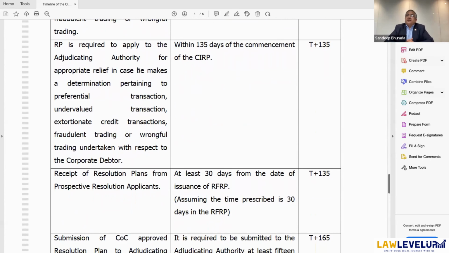resolution applicants, after the final list of resolution applicants is prepared, will be issued the information memorandum, the evaluation matrix and the RFRP. Basis these documents, those resolution applicants will, in their wisdom, file a resolution plan. Now, that resolution plan will have a lot of details. Now, those details are mandated